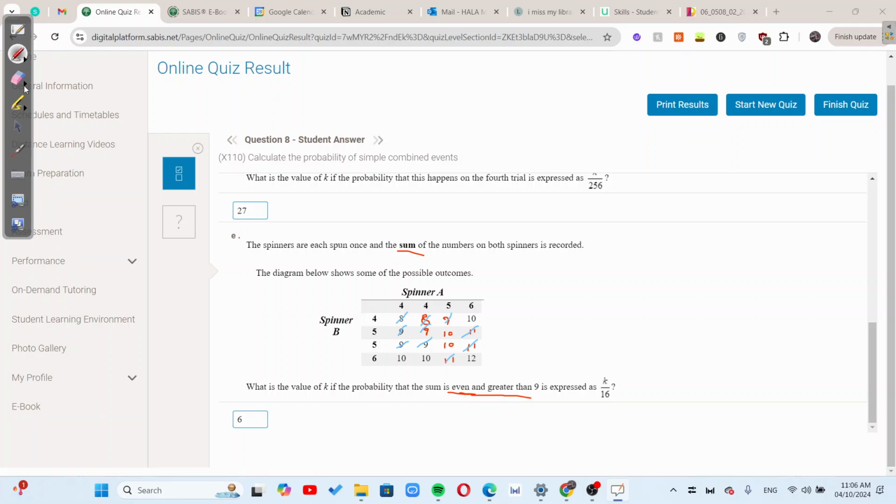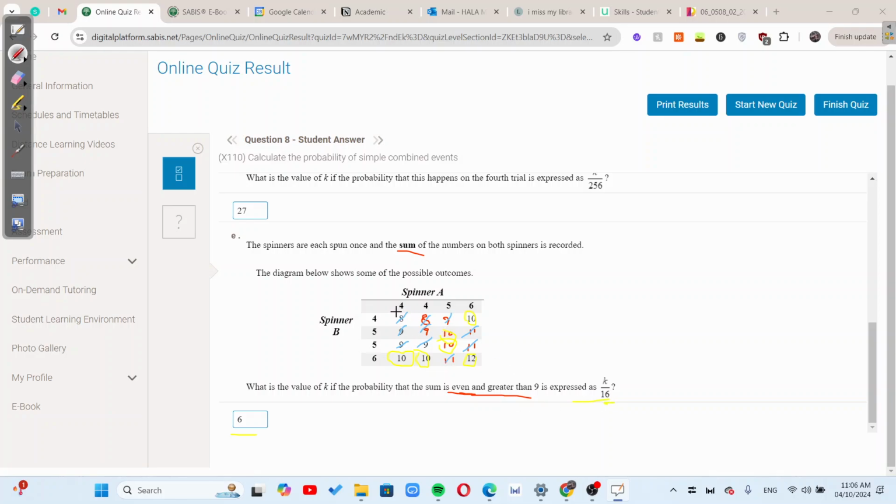Now you need to see your values that are left. So these are both even and bigger than 9. So it's 10, 10, 10, 10, 10, and 12. So count how many yellow circles you have. 1, 2, 3, 4, 5, 6. That's your answer. Now here, please do not forget to make sure that you actually have it over